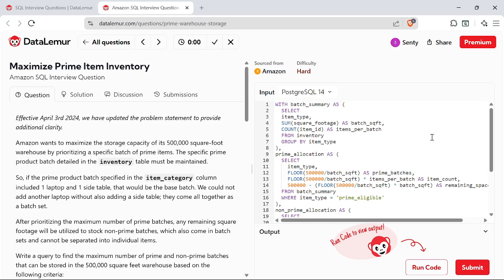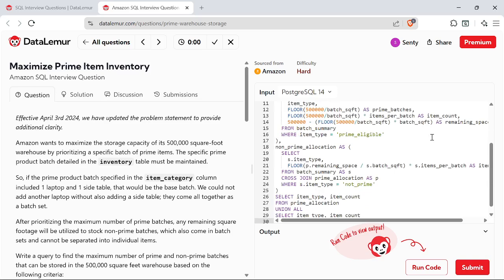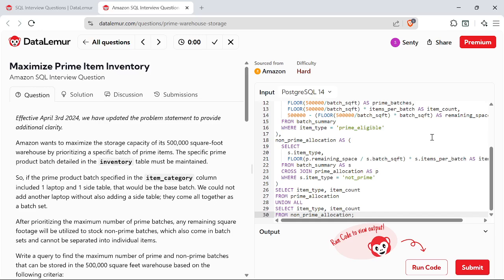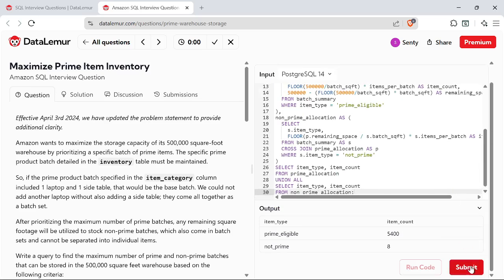To find the leftover space, we just subtract the space we just took up from 500,000. Next, we cross join that remaining space into the non-prime allocation CTE. We take the leftovers, divide them by the non-prime batch size, floor it, and multiply by the items per batch. For the grand finale, we write a clean union all to stack our prime item count on top of our non-prime item count. When we hit run and submit,